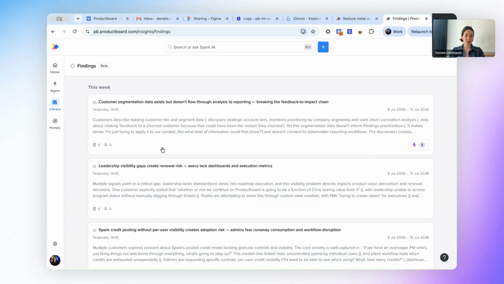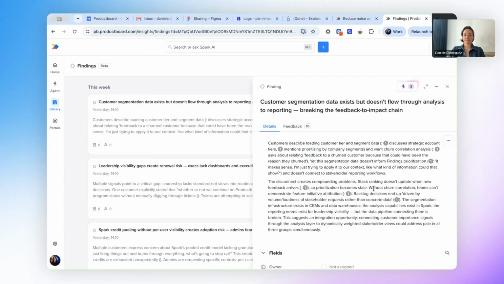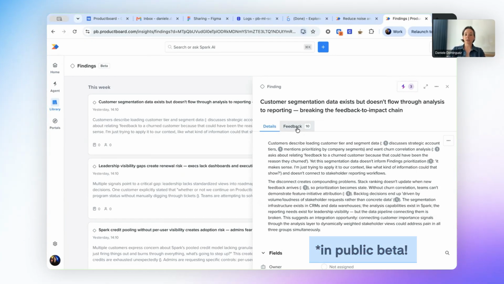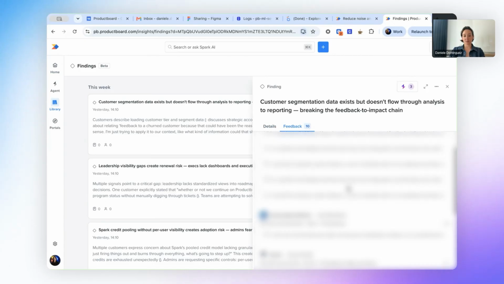But I want to take a look at a specific finding. So this one looks interesting to me. Customer segmentation, that falls in my domain. So I'm going to take a look at this one. And we also have a new feedback tab. Both this new view of the findings board and the feedback tab are available internally only, so they're not in GA yet. But I can click on feedback here and actually see all of the pieces of feedback that make